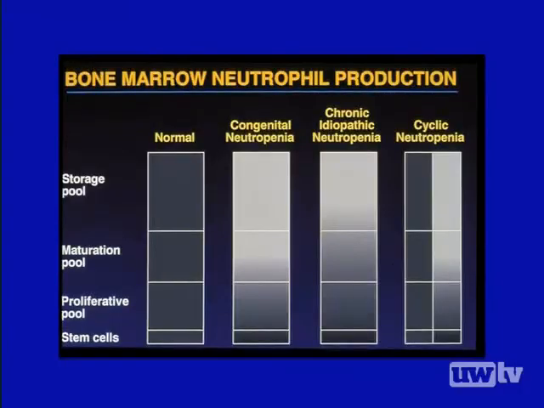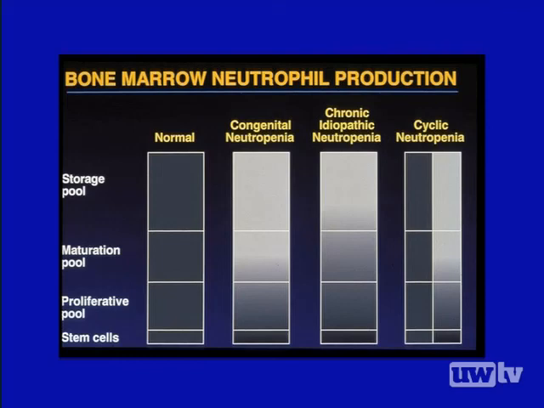Now, my special field of interest for a long time has been chronic neutropenia. And if this is the bone marrow where we have, again, stem cells, proliferating cells, maturing cells, and then the storage pool or reserves, in diseases like congenital neutropenia, or a disease we call idiopathic neutropenia, or the disease I mentioned, cyclic neutropenia, people vary in terms of their reserve of cells. These patients have no reserve, and I'll show you a picture of one in a minute. These have a smaller reserve, and then the patients with cyclic neutropenia at times look okay, but at times look